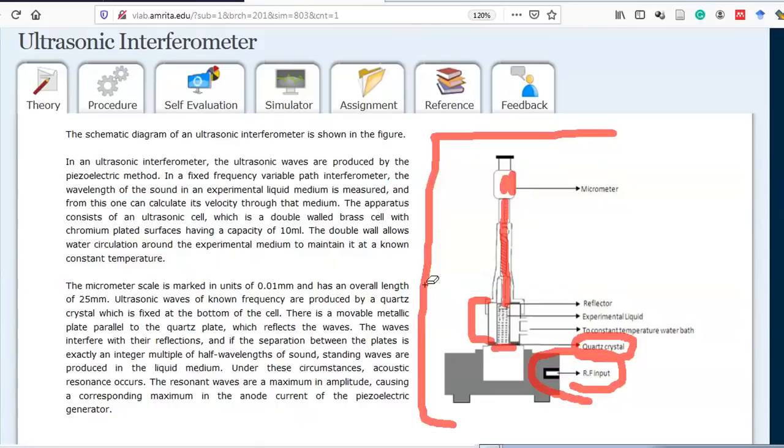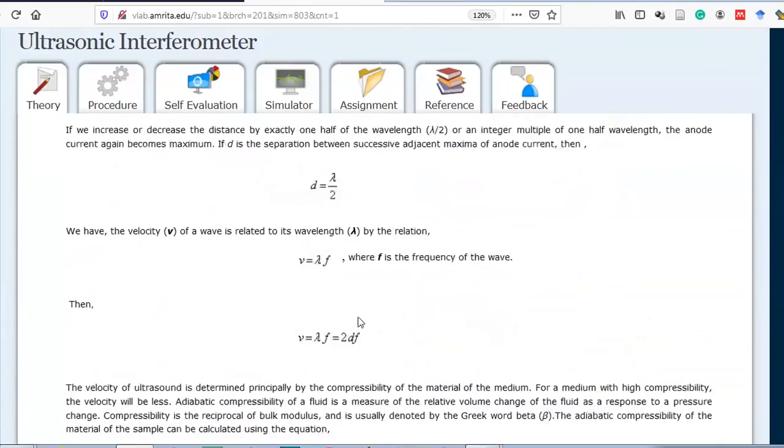Okay, let me move it further. So this is how the theory is given, as I said, 2d = nλ. This formula is the simple one, same thing as this one. Normally the value of n depends on the fundamental mode or overtone. Generally we consider n = 1. If you put n = 1 into the formula, it comes out to be d = λ/2. That means the distance is nothing but the wavelength divided by 2. So note it down, this formula we are going to use.